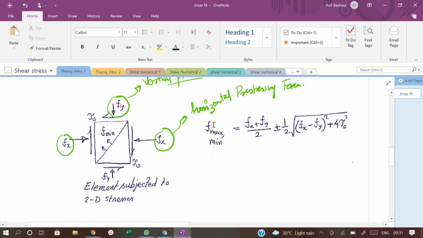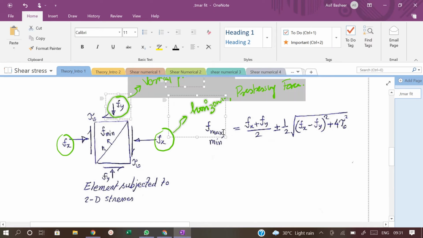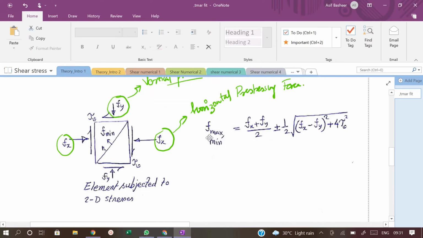So F maximum or minimum means the maximum will be the compressive force and the minimum will be the bottom or the tensile stress. So we can obtain that by (Fx plus Fy) by 2 plus or minus 1 by 2 into root of (Fx minus Fy) square plus 4 tau v square. This is also derived from the basic concept of principal stress. Okay,